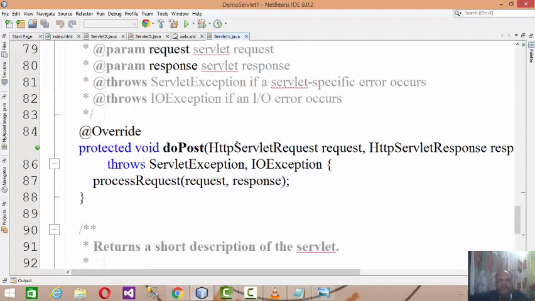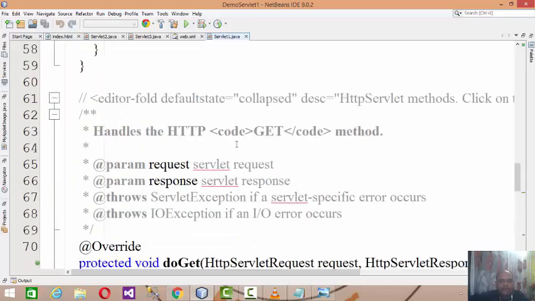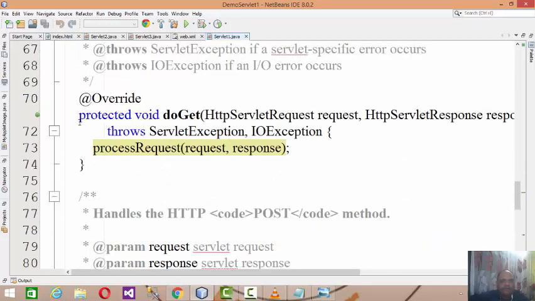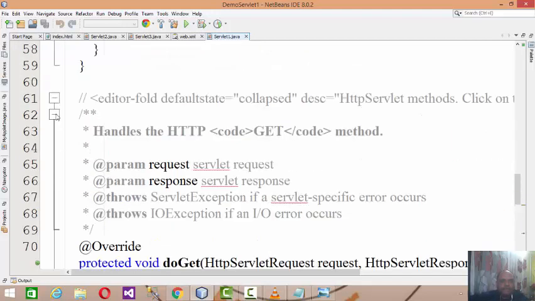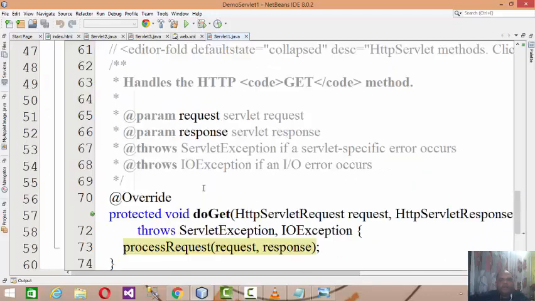Where will we be needing them? If you want to generate the complete life cycle of a servlet, then probably you override all those methods. But right now, we need to override just one method,